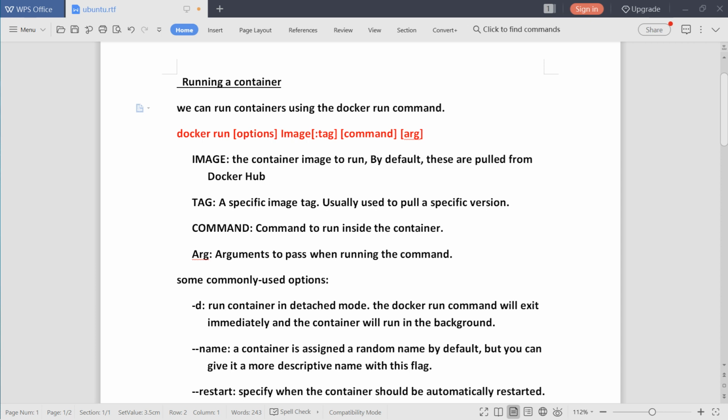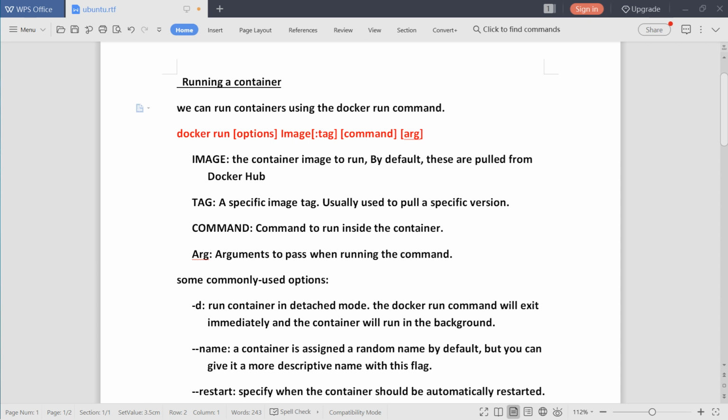That means if we give nginx, busybox or any other image name already in Docker Hub, that is a public repository in Docker. This public repository provides a number of images related to different applications.